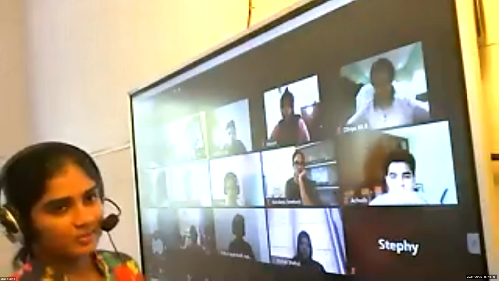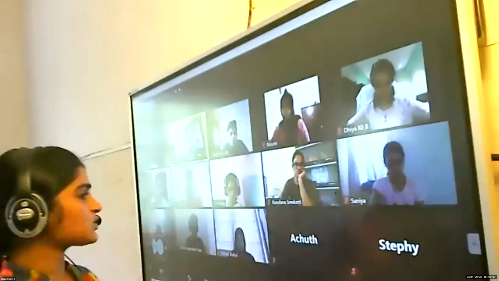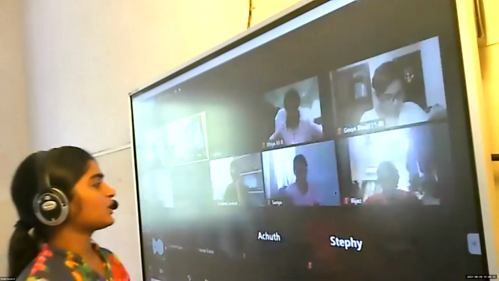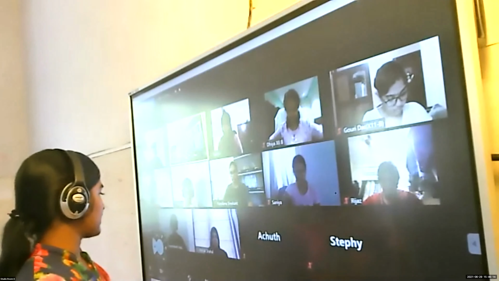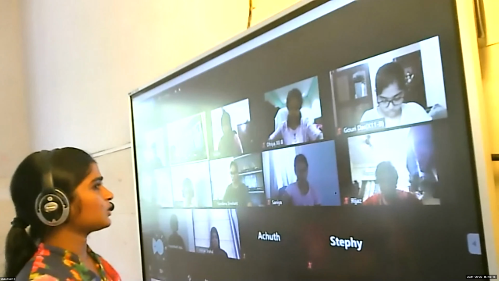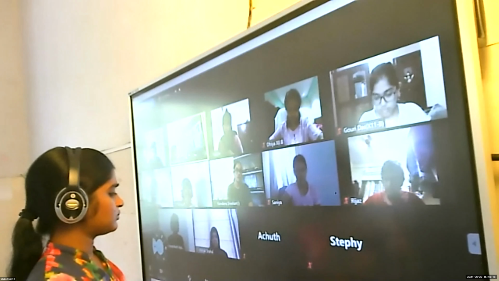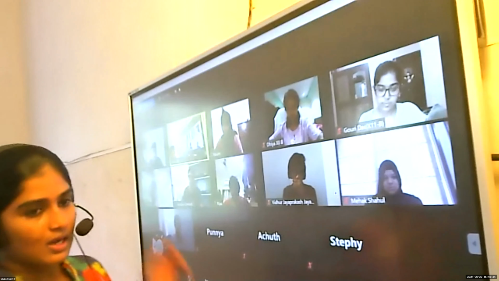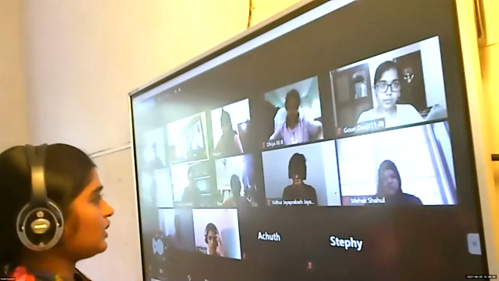Yes, the rate of a chemical reaction includes instantaneous rate and average rate, isn't it? What's the difference between average rate and instantaneous rate of a chemical reaction? Nandana, can you tell me? Average rate of a reaction depends upon the time taken for the change of concentration of reactants or product. And instantaneous rate is when it takes place in a moment of time. Okay. That's the difference between average rate and instantaneous rate of a chemical reaction.